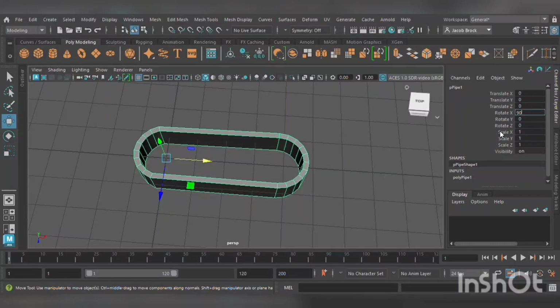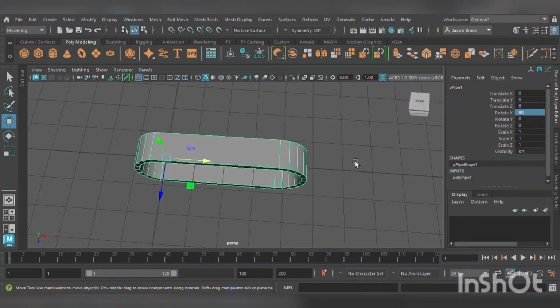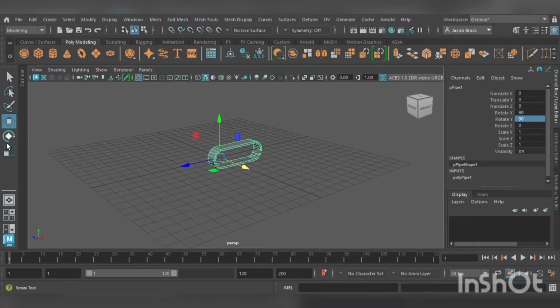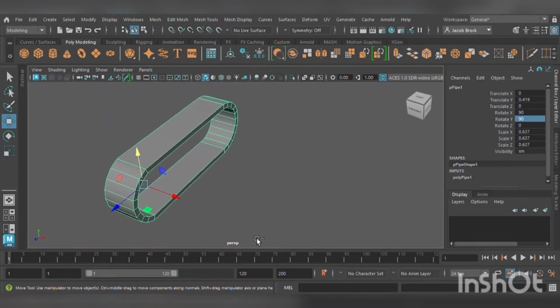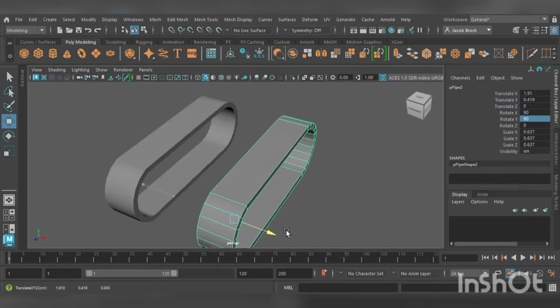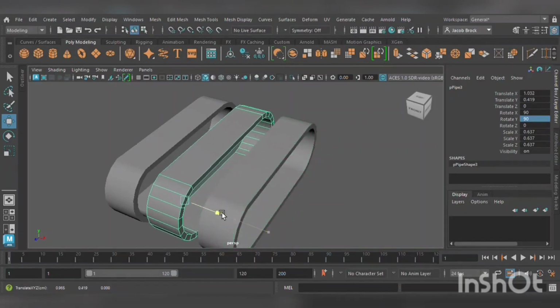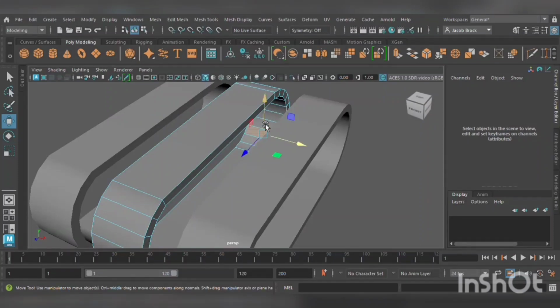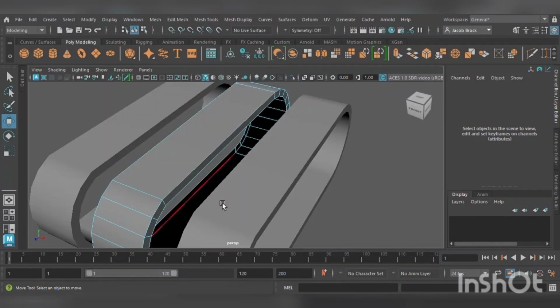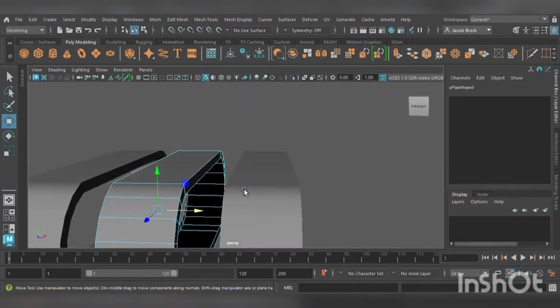So we're basically going to rotate this so that it's just like that, and we're going to scale this down because we want plenty of space. Also, I'm going to get rid of the grid just because I feel like we don't need it. And we're going to duplicate that once, and we're going to duplicate it twice. The reason we're going to duplicate it twice is because I want to select the faces that are in here, and I want to delete them, and I want to take these edges